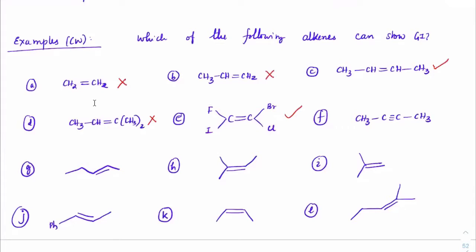Because we cannot figure out which is bulkier, we have to apply all the rules. When you apply all the IUPAC rules, then you do not call it cis and trans. We call it E and Z. Okay. Next, this one. No, with respect to triple bond, we cannot have.